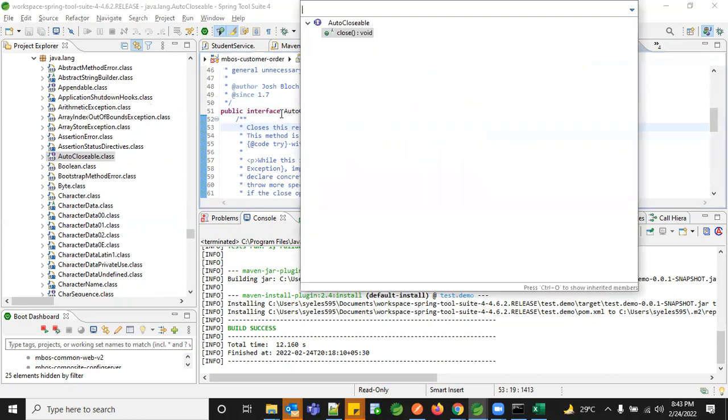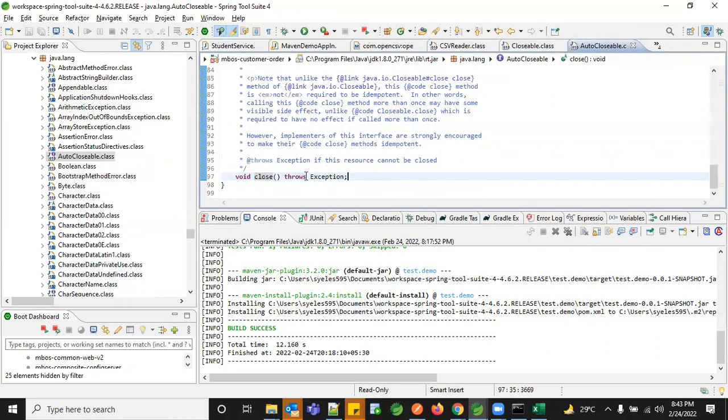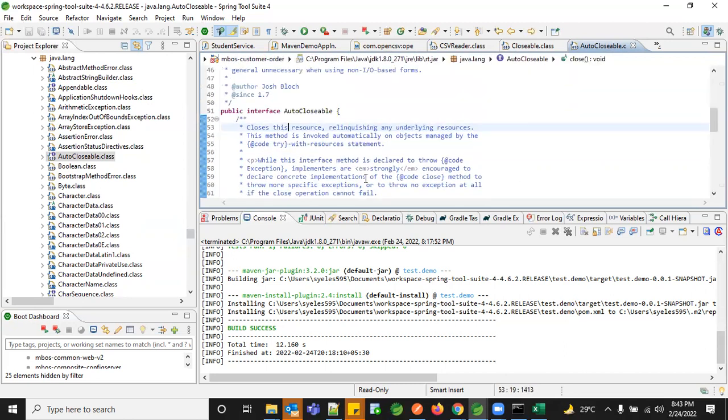There is a close method in it. This is the usual close method which you call on every object, on any kind of writers or any kind of list object. If you want to clear a list, you use list clear. If you want to use a map, you go with map and clear. And if you want to close any kind of file IO handle, you have to go with that relevant object and do the close operation. What happens here is that it auto closes.